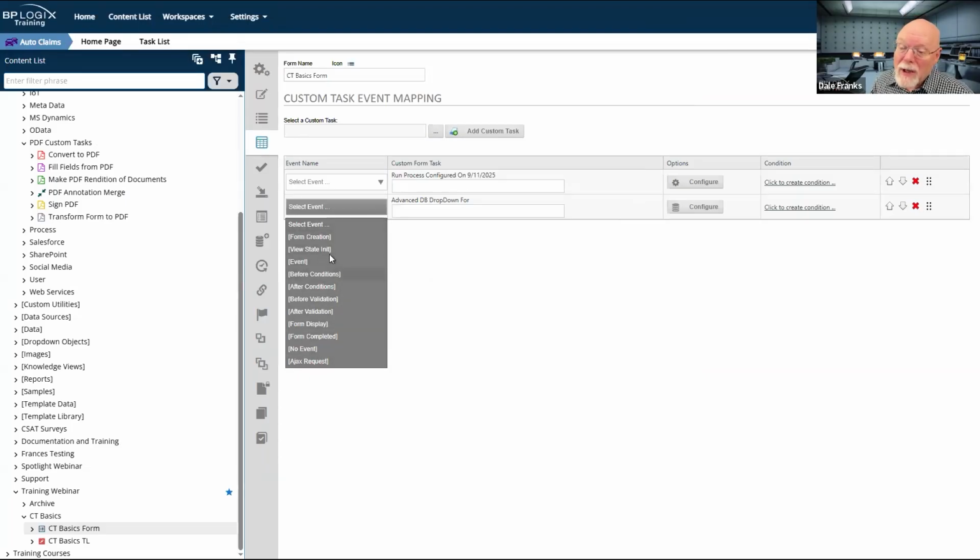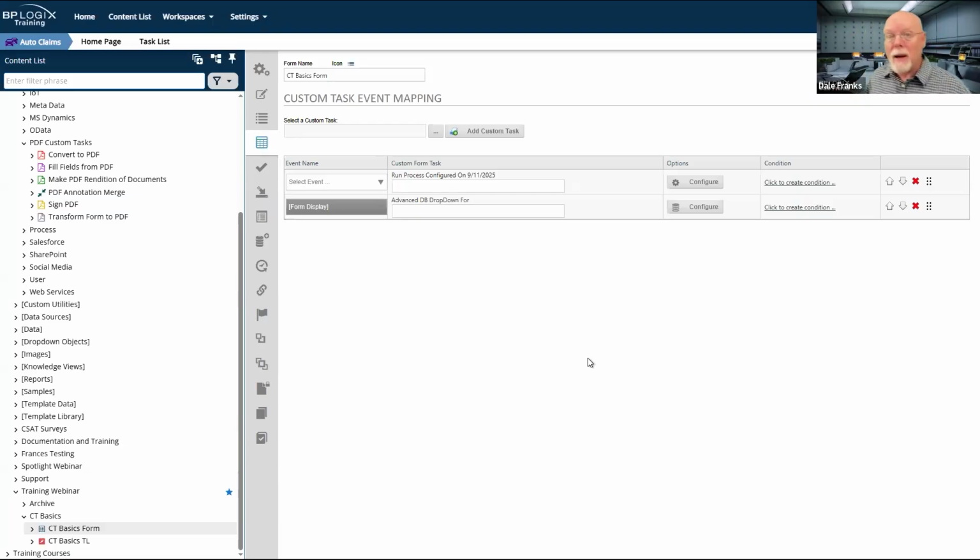And in most cases, I'd probably want to run that on the form display event. The reason being is that every time that form is refreshed, I need to be sure that the right data is placed inside that dropdown and fills it. I can't think of a scenario where it would be appropriate to use that in a process timeline because it so directly affects the form and it has to be run conceivably quite often during the form's life cycle, from the time someone opens the form to the time they close it or save it or submit it. So then I would run from the form.